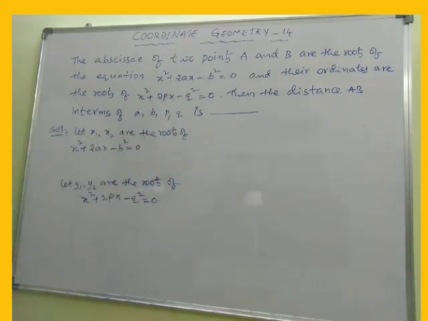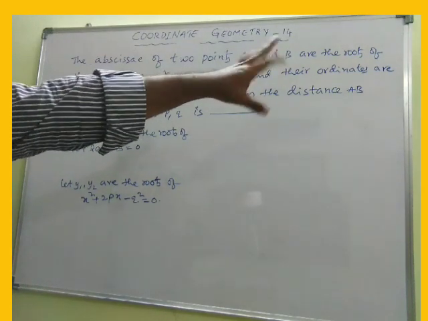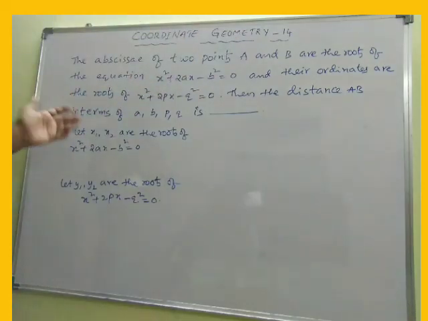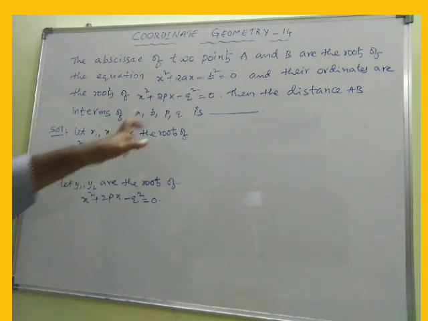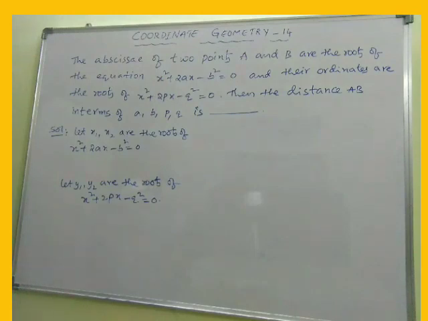So first of all, you must try to understand the problem. That is very, very important. Once you understand the problem, what is given and what is asked, then immediately we can identify what to do. So what to do here? Since he has given abscissa, nothing but x coordinates, and ordinates, nothing but y coordinates, let the x coordinates be as usual x1 and x2, and the y coordinates be y1 and y2. Since the first point is x1 comma y1 and the second point is x2 comma y2.